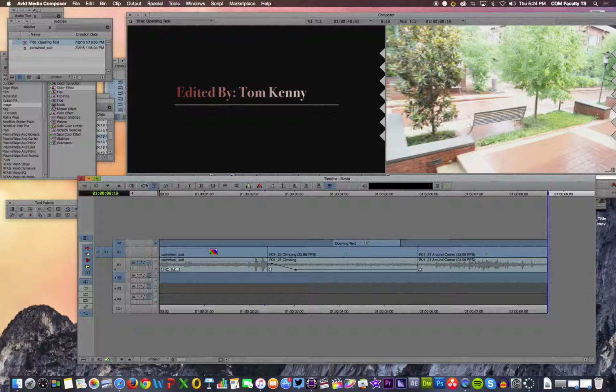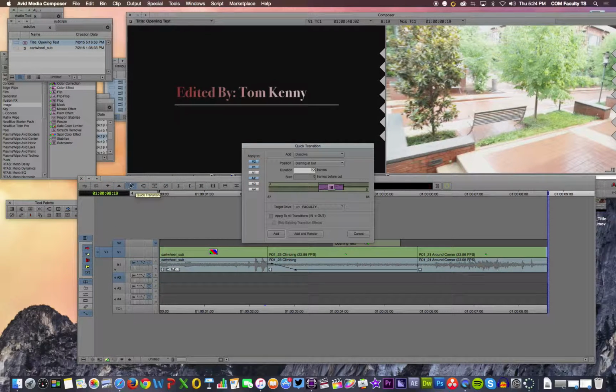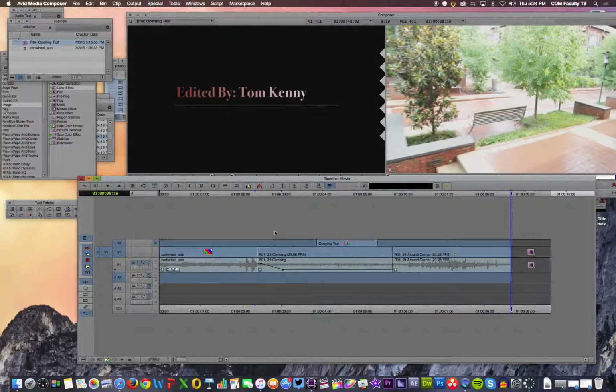Now I'm going to press the quick transition button. That's the one with the eraser up top. I'll keep the dissolve, I'll keep the frames. I want it on my A1, not A2. And yeah, I'm fine with that. And now I'm going to press add, and what you see appear here is it added a,